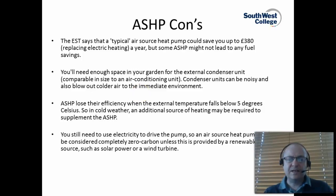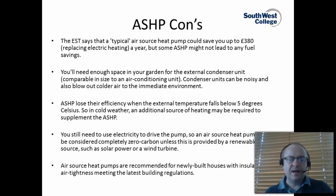You'll still need electricity to drive the pump, so an air source heat pump can't be considered completely zero carbon unless you power it by a renewable source such as solar PV or a wind turbine. And again, air source heat pumps, similar to ground source heat pumps, would be recommended for newly built houses with insulation and air tightness levels meeting the latest building